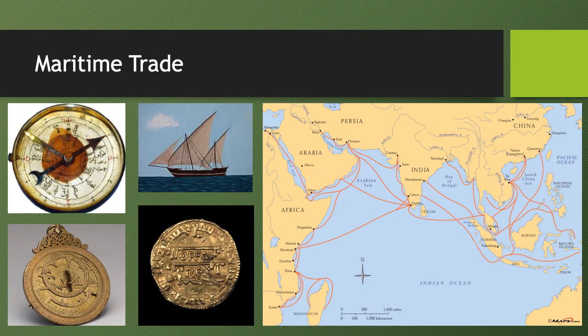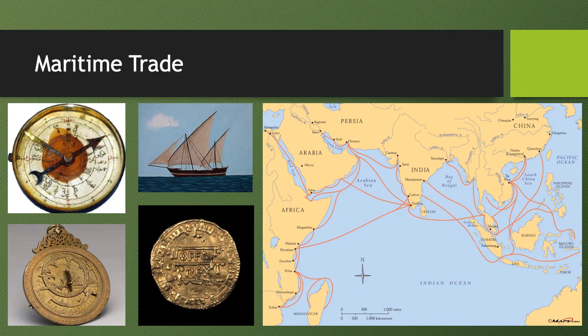In addition to the Silk Roads, Persian and Arab merchants are also going to be very active on the Indian Ocean. So we're also going to see a very big increase in trade in the Indian Ocean. And the Arab and Persian sailors of Dar al-Islam are going to play a very important role in transferring technologies throughout the region. They are not so much the inventors of technology, but they are the transmitters. They take things like the compass from China, the lateen sail in the Indian Ocean, the astrolabe of the ancient Greek mariners, and they improve on them. They study them, they improve on them, they diffuse them.